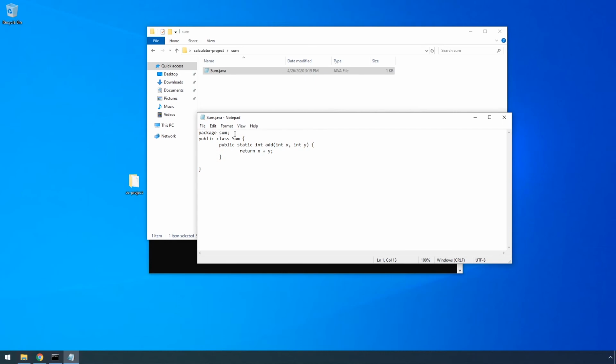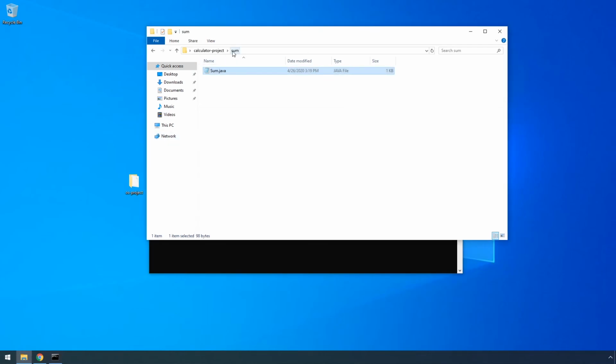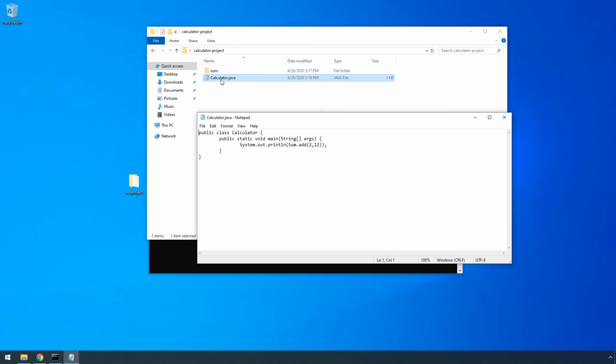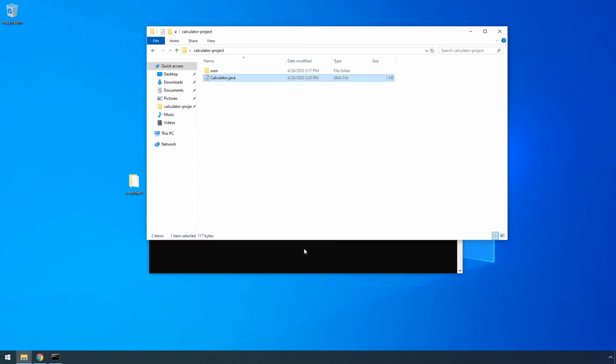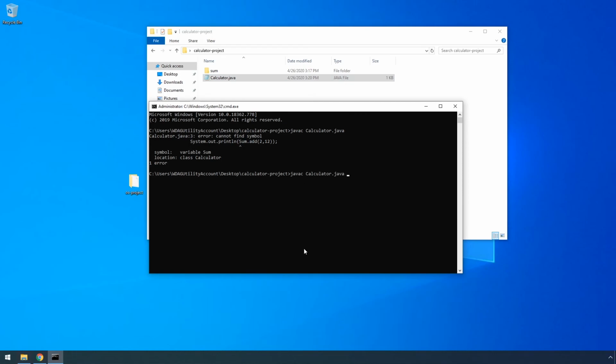So right now what I did was I told Java that the code for the sum is located in the package sum, and right now from the calculator side I can use that location and Java should pick up the change.